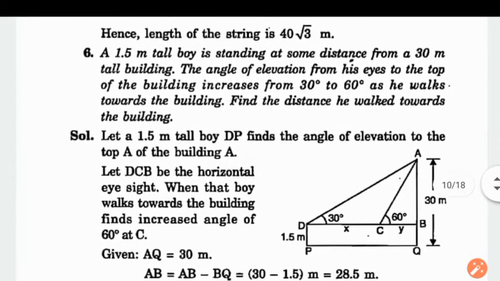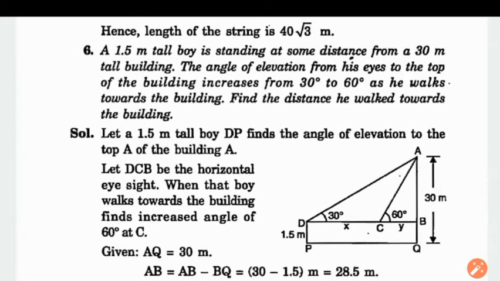So, here we have question number 6. Let us start this class from question number 6. What we have in question number 6? A 1.5 meter tall boy is standing at some distance from a 30 meter tall building. A boy whose height is given, 1.5 meter, is standing at a distance from a building. The angle of elevation from his eyes to the top of the building increases from 30 degree to 60